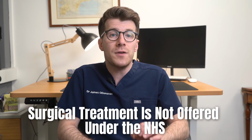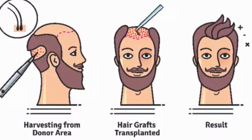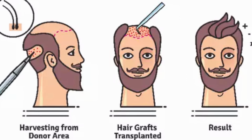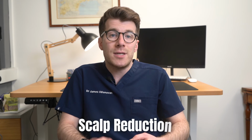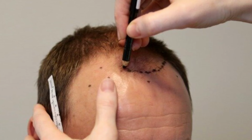Finally, here in the UK, surgical treatment is not offered under the NHS. This can be sought privately, however. Now, surgical options include hair transplantation, which is a procedure where hair follicles are taken from the back and sides of the scalp and transplanted onto the bald areas. Another option is scalp reduction, where a section of the bald area is removed and the hair-bearing scalp is stretched